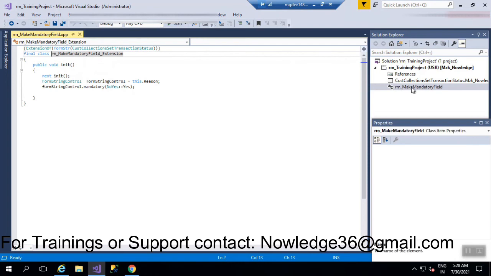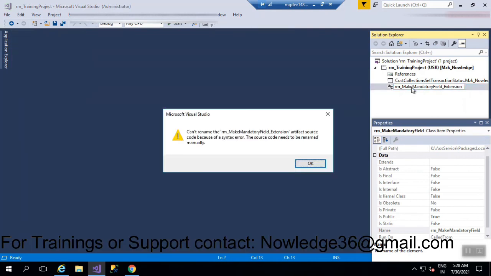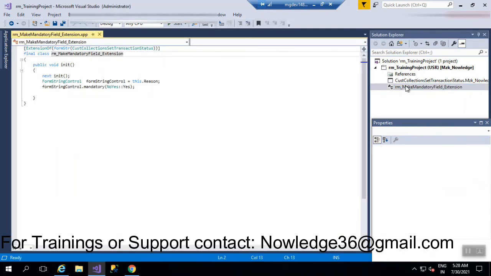So for the class name also you have to give the same underscore extension. This is mandatory. Okay, fine, now that looks cool. We will not get any errors.